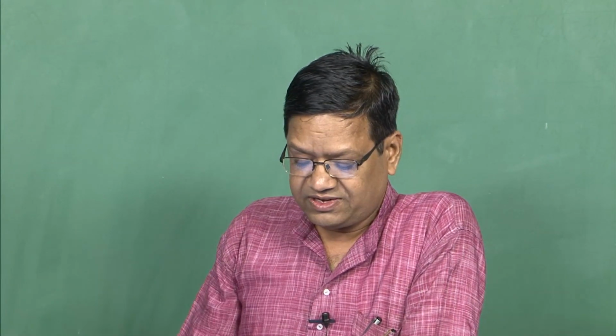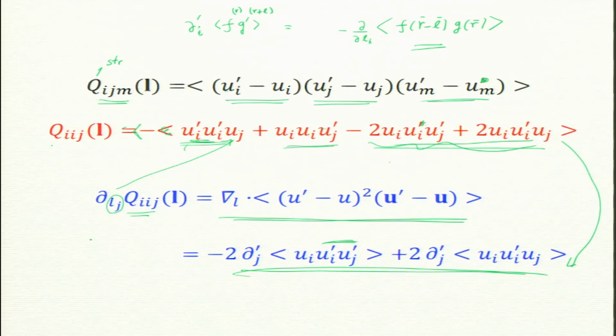Now, what is the definition of Qii? Qii is j equal to i here. So that makes it a square, no? I am summing over i. So this becomes ui prime ui square, that is u prime minus u squared. Repeated indices are to be summed. So this is delta ui delta ui summed. This is coming from here, and this is u prime m, but I am now taking the derivative with respect to the same object. That means it is a divergence.